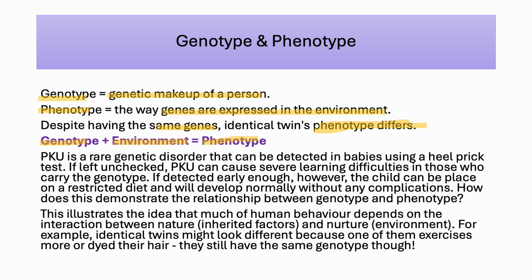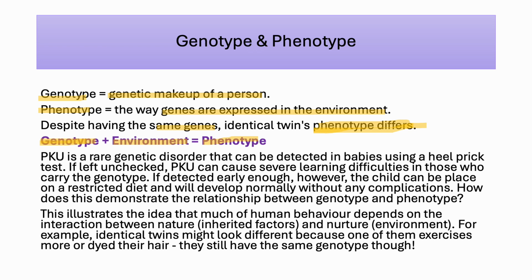illness that affected him eating, affected his airways, etc., and he couldn't eat for months, which meant that he lost a severe amount of weight, and he now has to have a very restricted diet, and he's not able to exercise a lot because of the way the illness has affected him, which means that he is very slim compared to his identical twin, who is not as slim. So that is a clear example of how your phenotype as an identical twin can differ from the genotype. Although they are identical with the exact same genes, their genes are expressed very differently in the environment as a result of their environment.